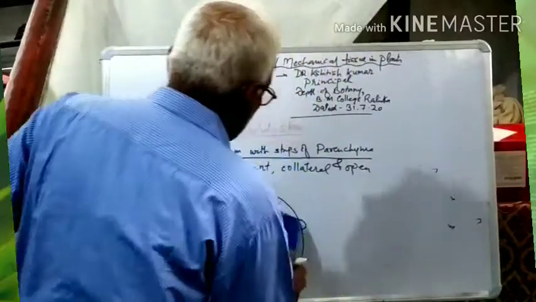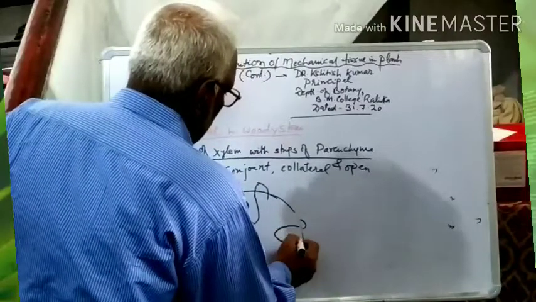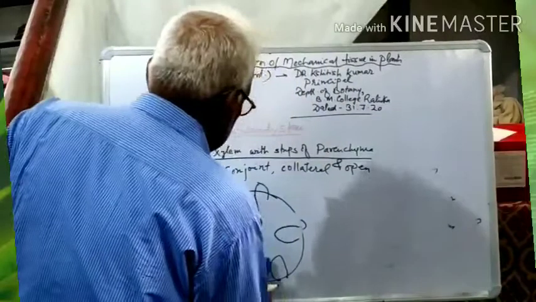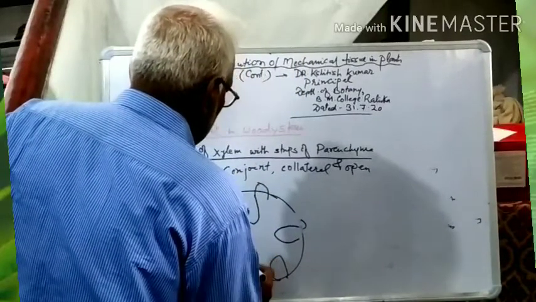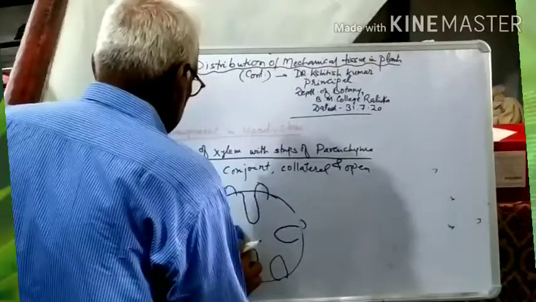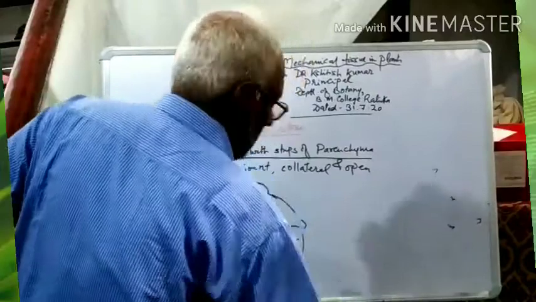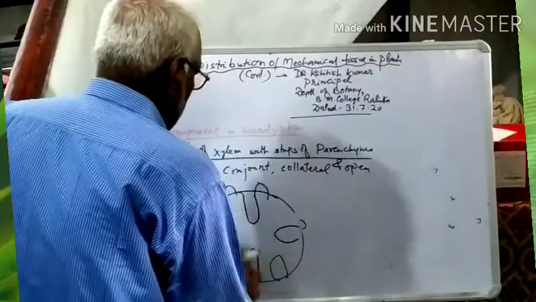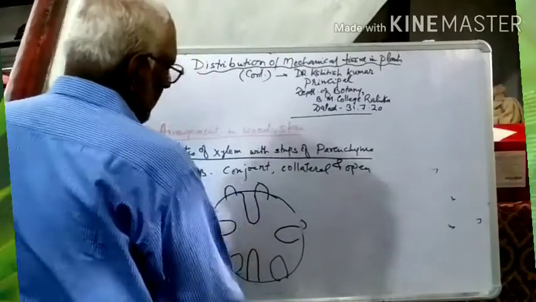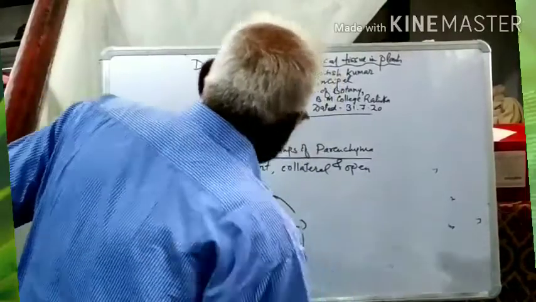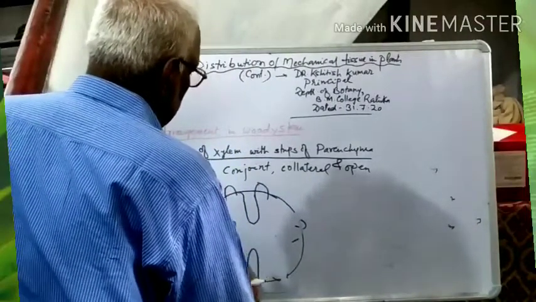The patches of phloem are formed at 4 places, here, here, here and here. So at 4 points, patches of cambium